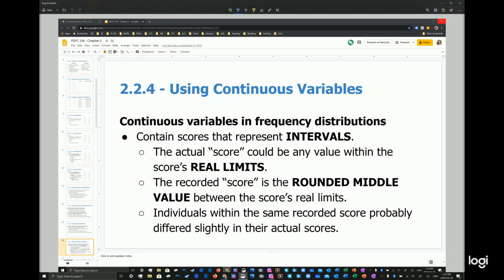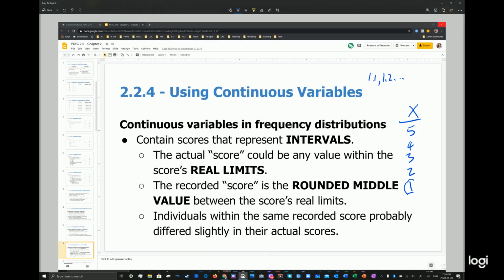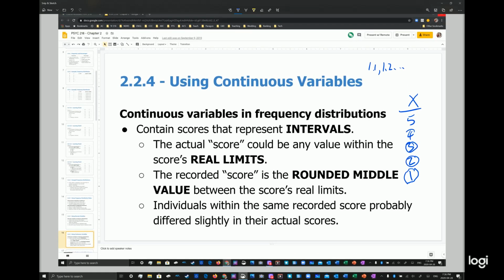if I had a question where you can get part marks for it, and it's just out of 5, and 5 is the quote-unquote perfect score, and for this one I'm going to say it's continuous, so you can get something like 1.1, 1.2, and so on. Then these values right here that I'm circling right now, these are actually rounded middle numbers. And what that means is